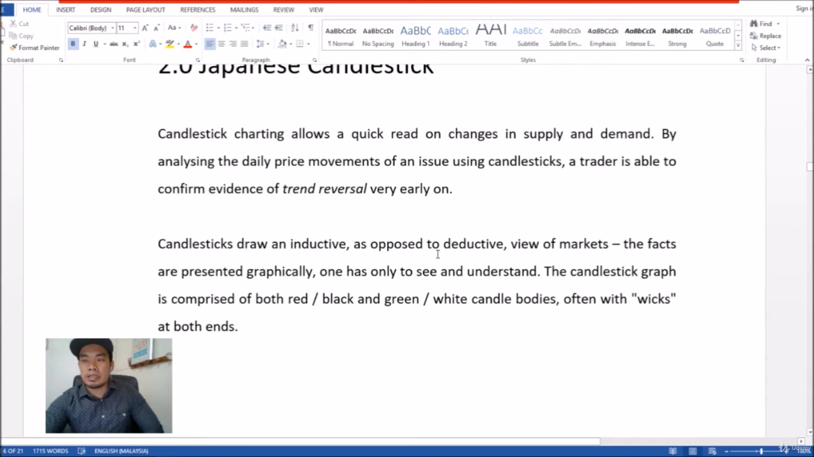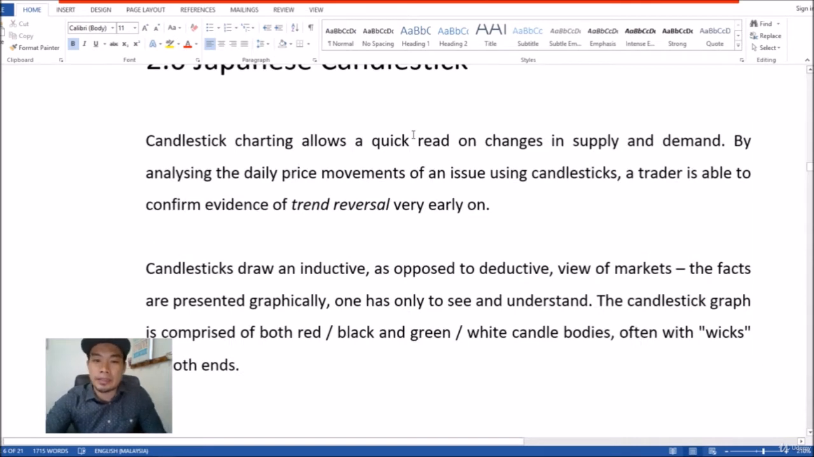Now, the Japanese candlestick chart allows a quick read on changes in supply and demand by analyzing the daily movement of an issue using candlesticks. A trader is able to confirm evidence of trend reversal very early on by analyzing the daily price movement. Actually, it is not only daily. In any time frame, 5 minutes, 15 minutes, even monthly, even yearly, there is a candlestick chart people can use to analyze